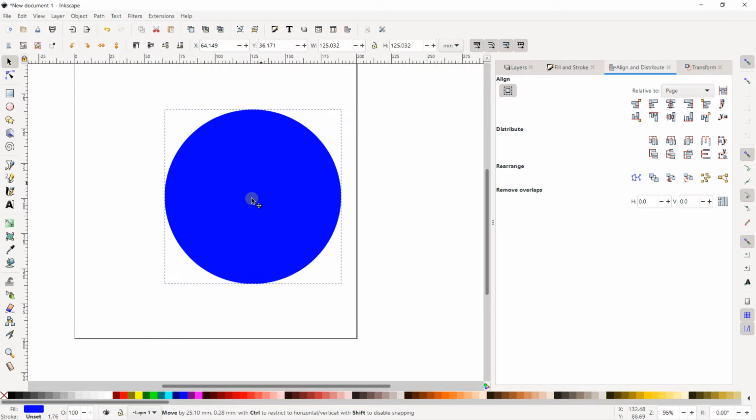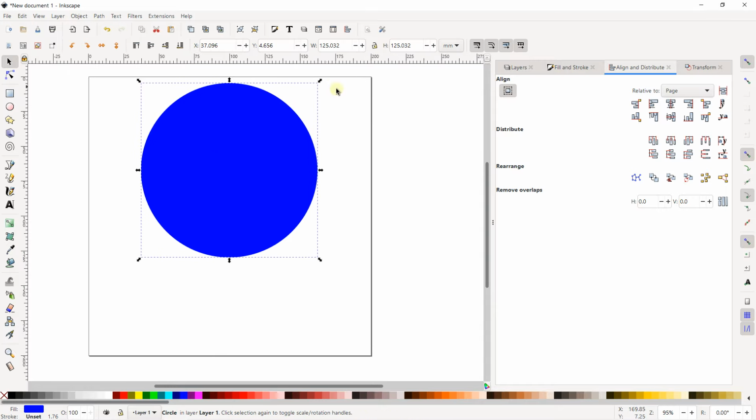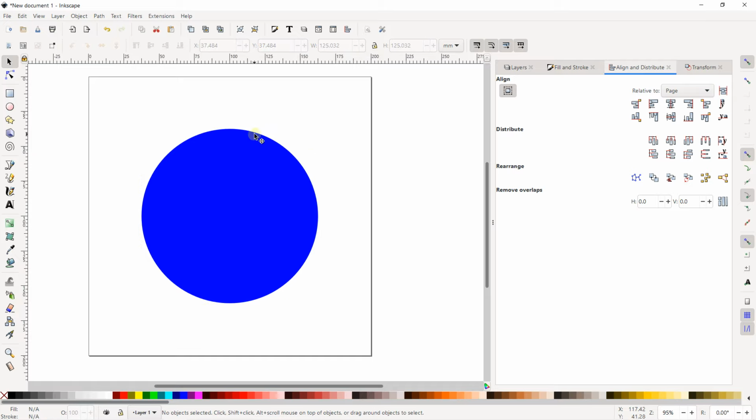And thanks to that, I want to have the logo in the center of my document. I have a document 200 millimeters by 200 millimeters. Take a glance at the horizontal ruler and vertical ruler. And I'm going to go on Align and Distribute, relative to. You need to select relative to something. It's going to be the page. And I can apply center on vertical axis, center on horizontal axis, and that's it. Inside my document, I centered my circle.